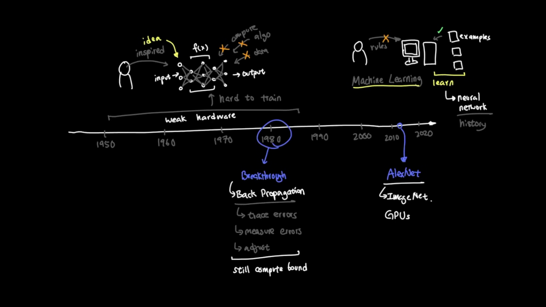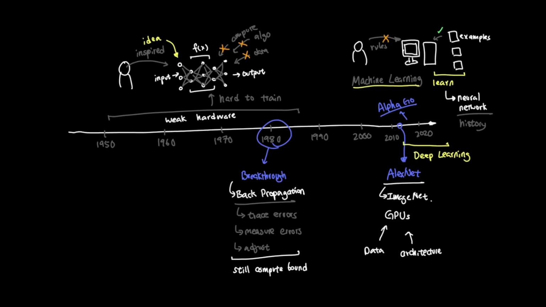Neural networks were not new, but the ingredients finally came together: more data from the internet, better architectures, and GPUs that could actually train these models much faster. From there, deep learning started to take over computer vision, speech recognition, translation, recommendation systems, and eventually language models. And a few years later, AlphaGo combined deep neural networks, reinforcement learning, and search to beat one of the best Go players in the world.